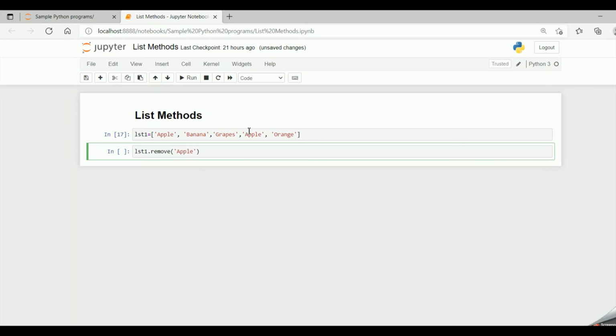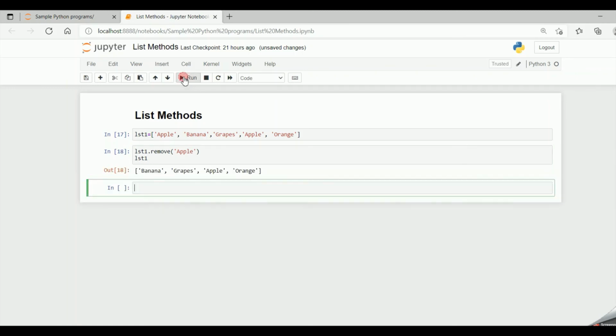Apple is occurring twice in the list, but it will remove the first occurrence of apple in the list. Now if I say lst1, if I run the code, the first apple has been removed, but the second apple is as it is. So only the first occurrence of the item will be removed from the list.